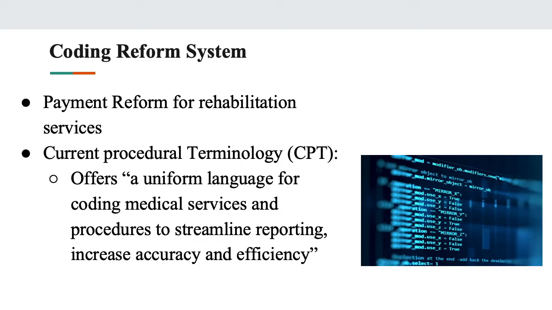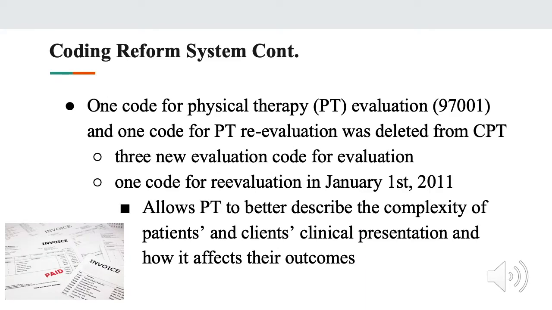The coding reform system is a new payment reform for rehabilitation services. This is done through current procedural terminology, or CPT, which offers a universal code for all the medical services that a provider provides to a patient. As for physical therapy, we used to have one code for evaluations and one code for re-evaluations. However, as of January 1st, 2011, these codes were revised by CMS and reintroduced as 3 new codes for evaluations